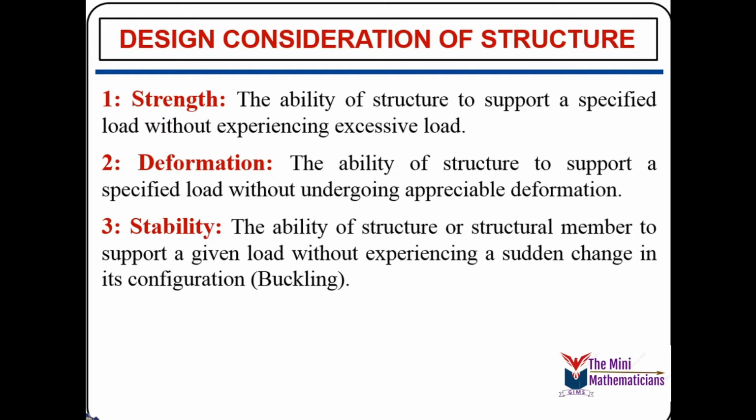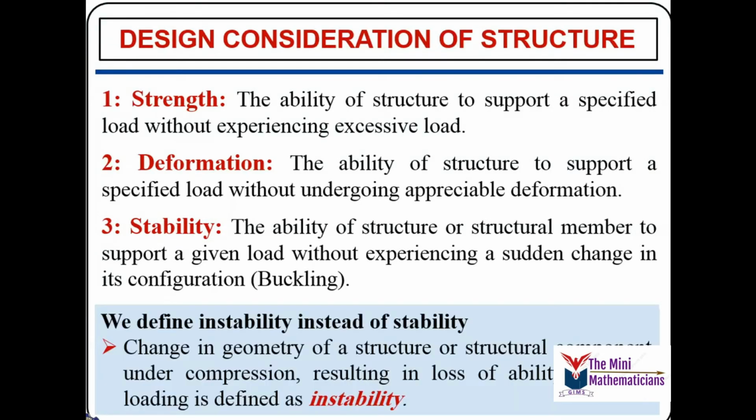But unlike deformation, in instability, what happens when a column is subjected to axial load? When we keep on increasing the load, the column remains stable. We cannot observe any lateral deformation until we approach a certain load value, and at this load value the column becomes slightly deflected in the lateral direction. If we apply any further load, it suddenly bends in the lateral direction and fails. This is referred to as buckling. So today we will discuss the stability criteria in detail.